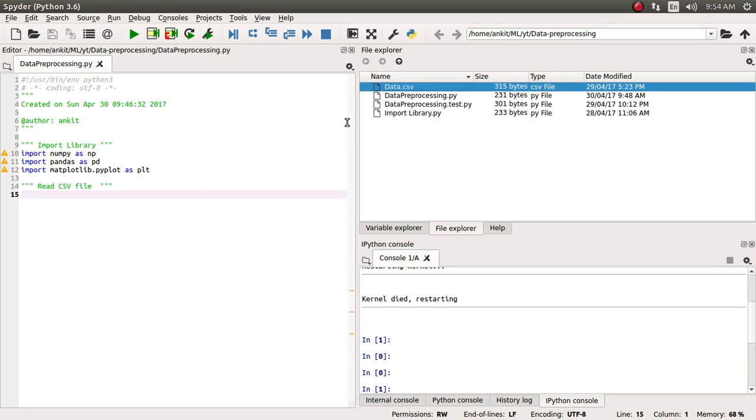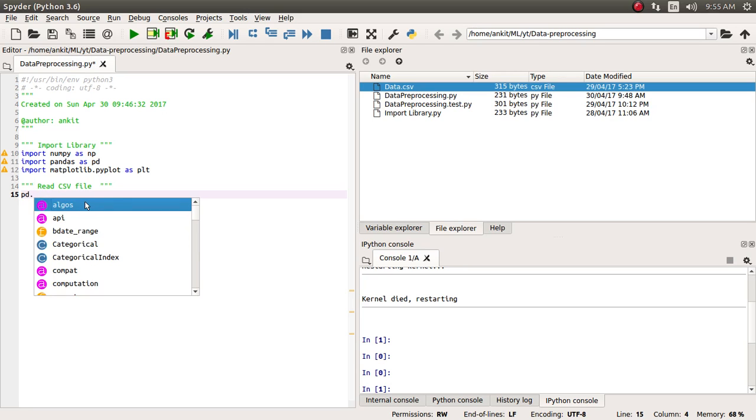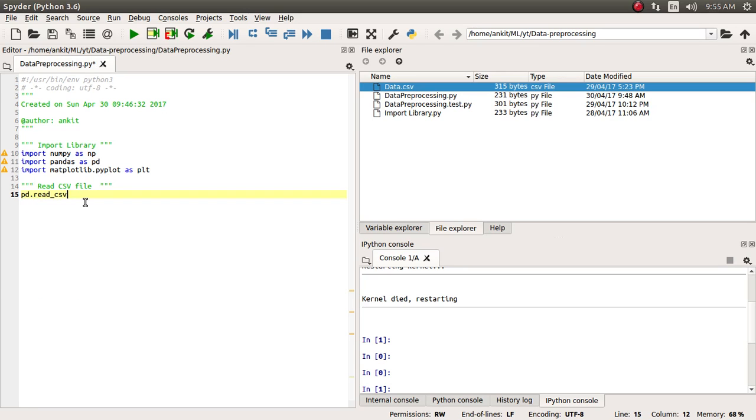So let's read this file first. We have imported the pandas library and created its alias pd, so we do not need to call pandas by its full name. We can use pd dot read csv straight away, and as an argument we will supply